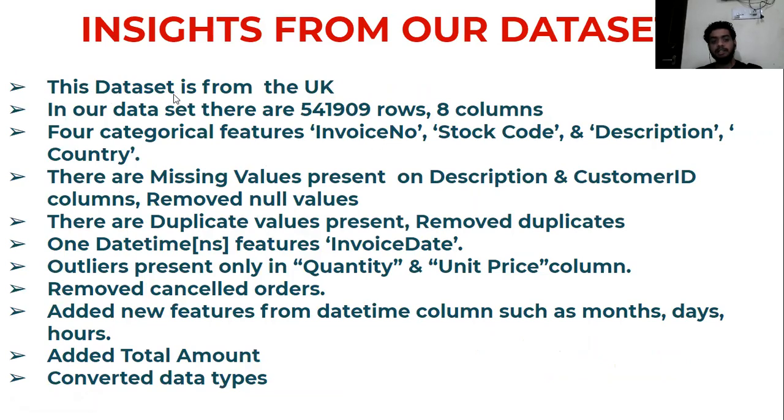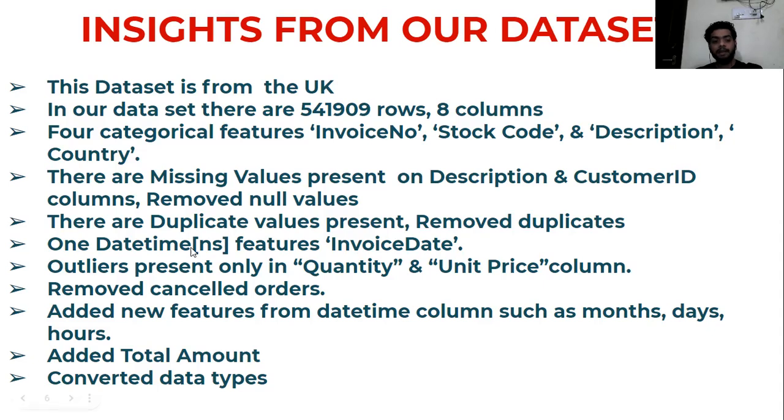First, this is a dataset from the UK. In our dataset, 5,41,909 rows and 8 columns are present. 4 categorical features are present: invoice number, stock code, description, and lastly country. Next, there are missing values present and some duplicate values also present. Missing values are present in description and customer ID. So we remove the null values and the duplicate values from these columns, that is description and